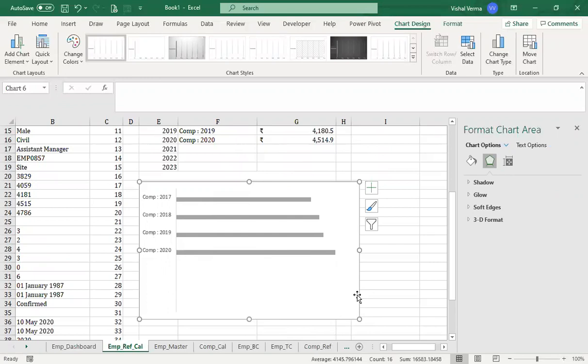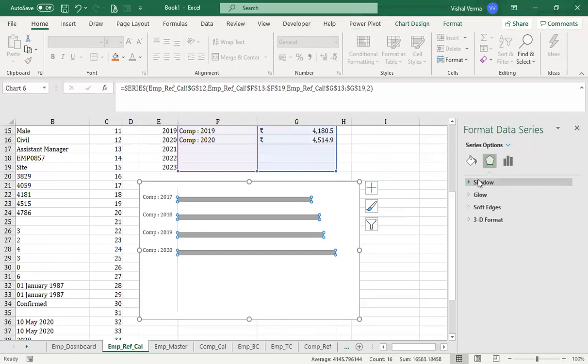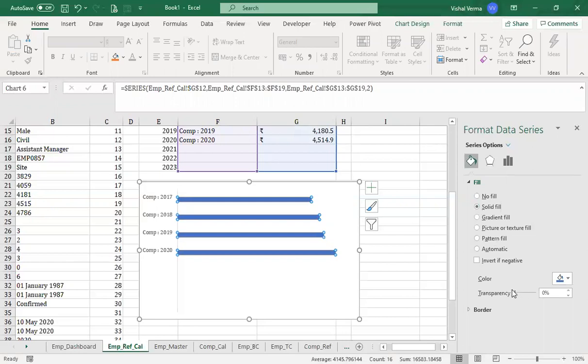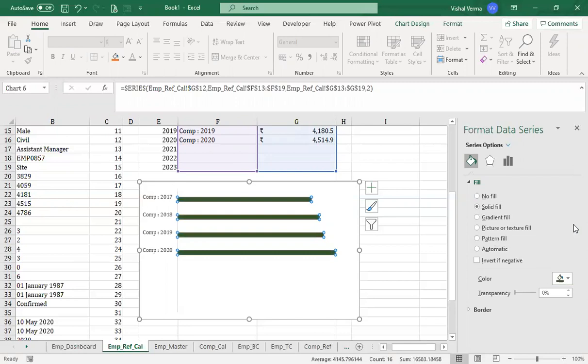So let's do a little bit of designing. Let's make it Cambria font. And let's color it a little different, make it a solid fill, and let's make it green in color.